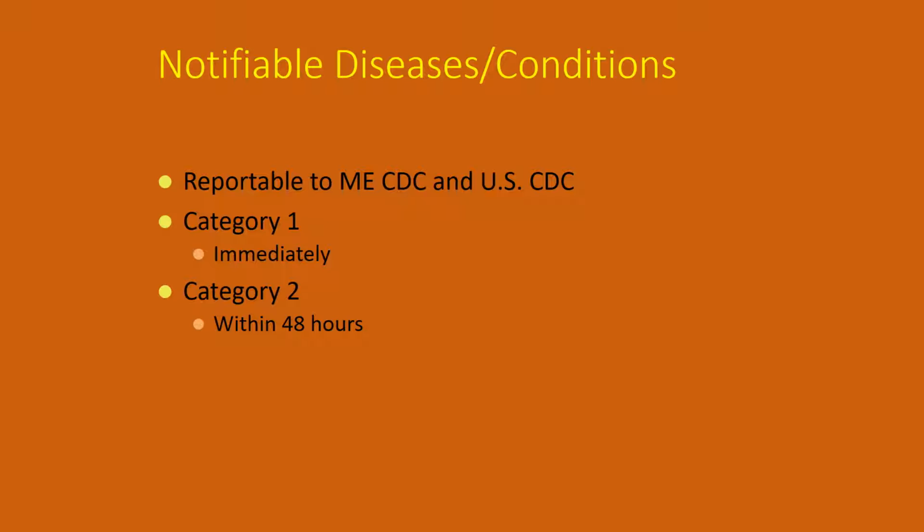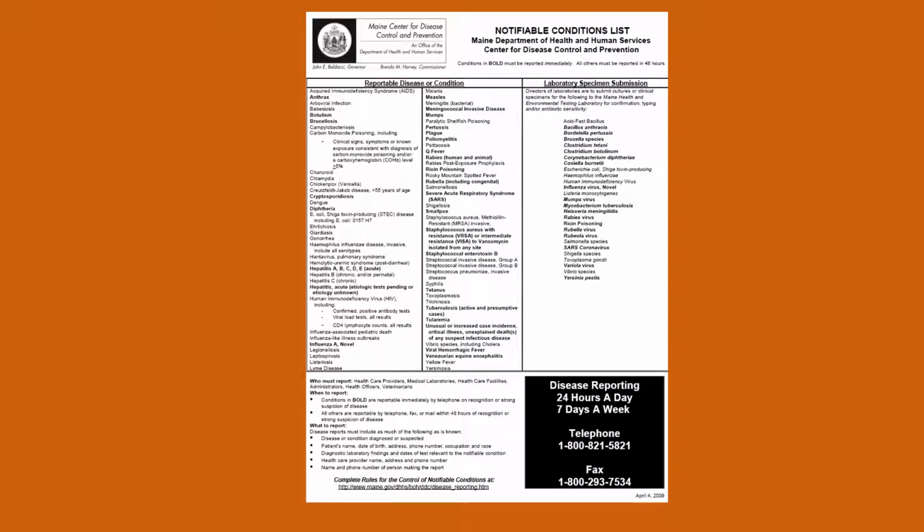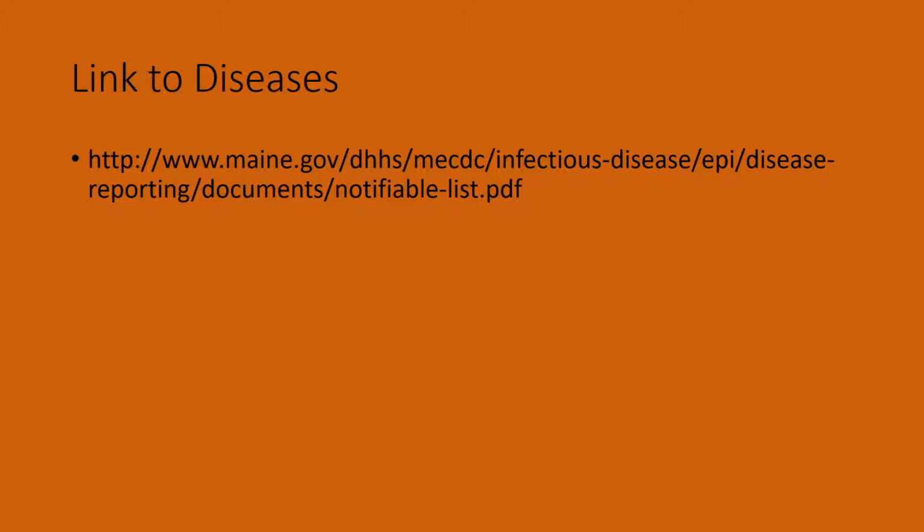notifiable diseases. Usually those will be broken into two categories, one that you need to notify the state immediately, and the other in which it's reasonable to notify the state within 48 hours. The notifiable list for Maine is included here. It's easy to find this and print this out off the website. You can also report things on the website. Many of the things that you'll need to report are actually reported by the lab, so you are not actually required to report them, but if you have any doubt, you do definitely want to try to report them yourself.